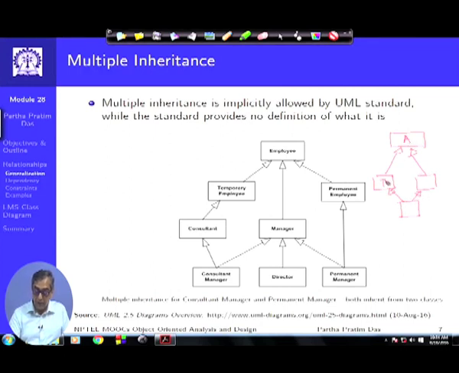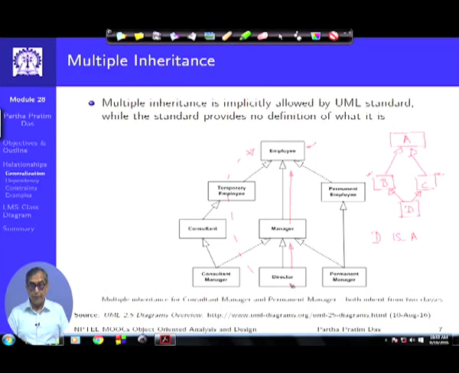I have A, B, C and D. So, D multiply inherits from B and C both, but B in turn is a specialization of A, C in turn is a specialization of A. The question is, certainly if I use the transitivity of the inheritance, that is transitivity means director is a manager, one generalization, manager is an employee, the other generalization. So, there is an implicit